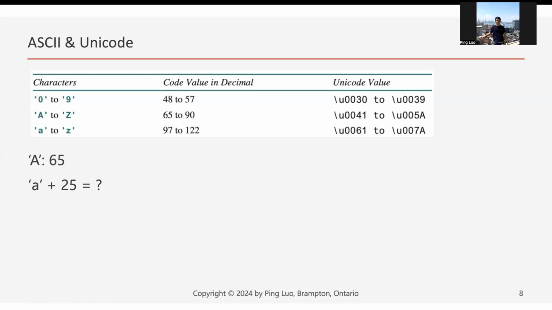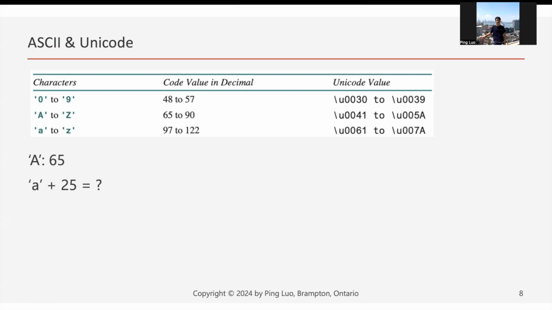Because of this ASCII coding, what do you think A plus 25 equals? It equals Z, right? There are 26 characters, A is the first one and Z is the last one. So we will have questions about this kind of